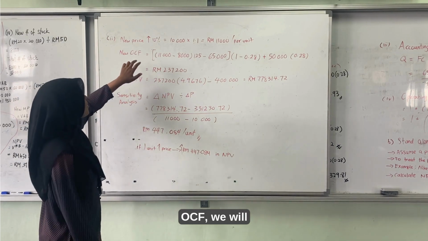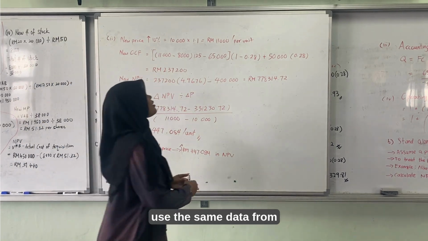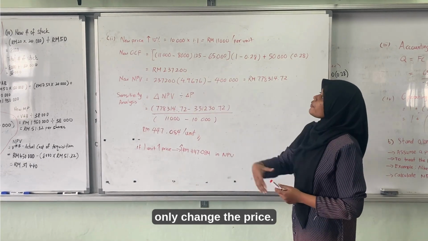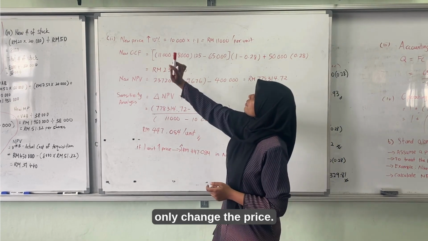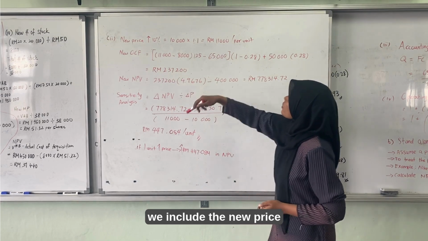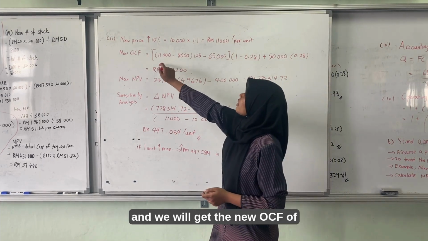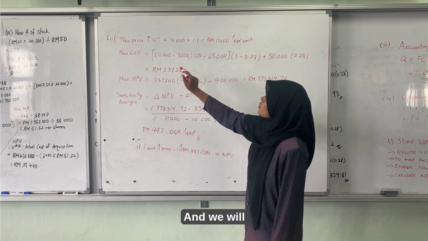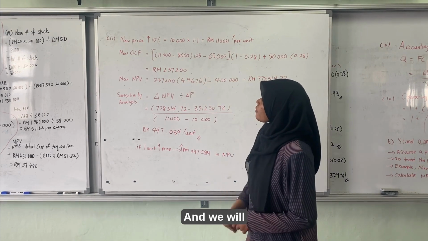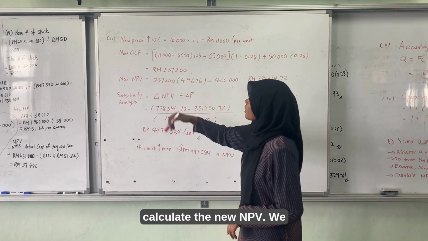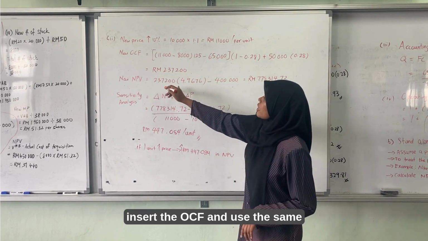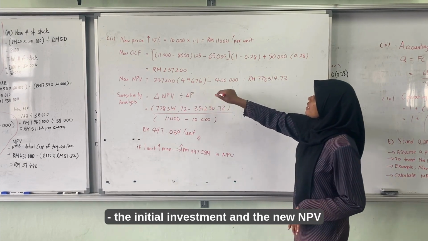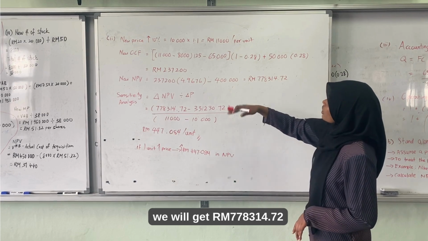For the OCF, we use the same data from the base case scenario but only change the price. We include the new price, and we get the new OCF of RM237200, and we calculate the new NPV. We insert the OCF and use the same factor from the PVIK table minus the initial investment, and the new NPV will be